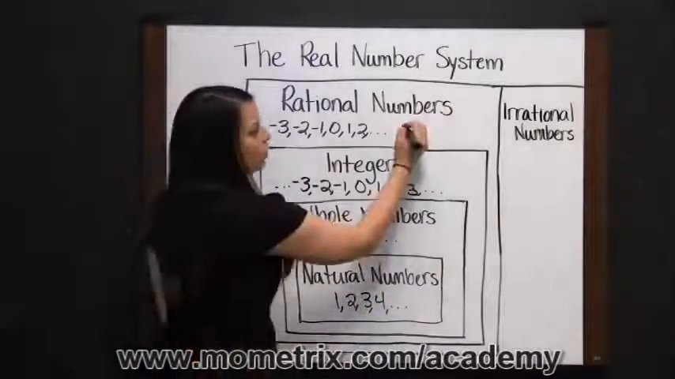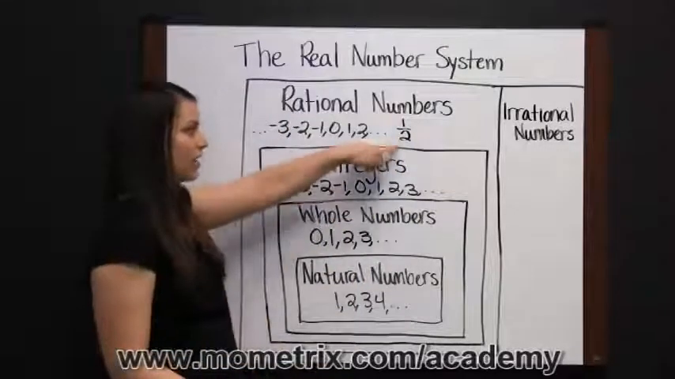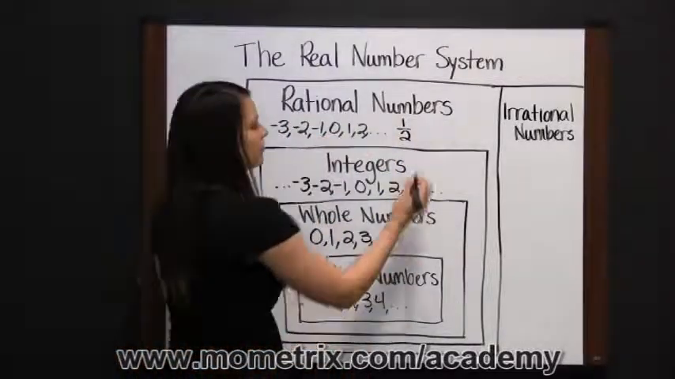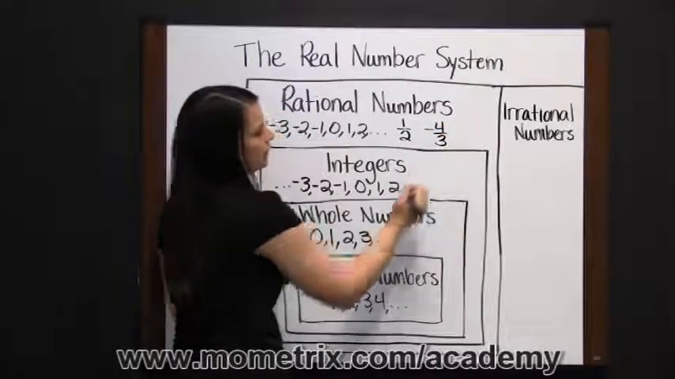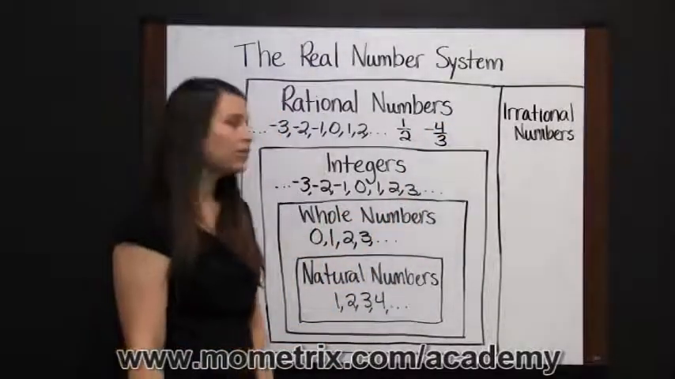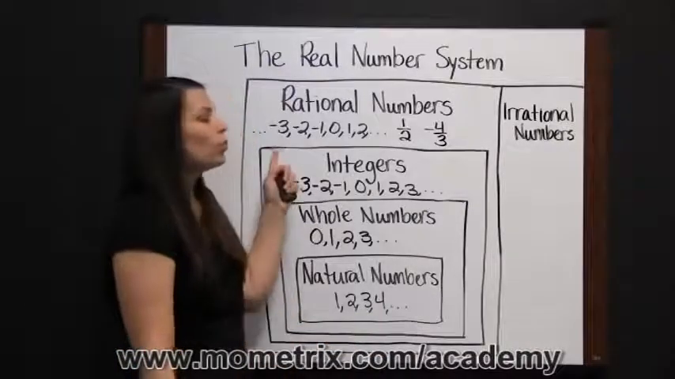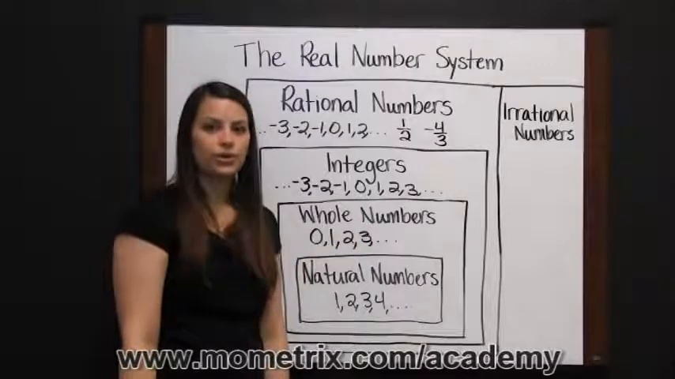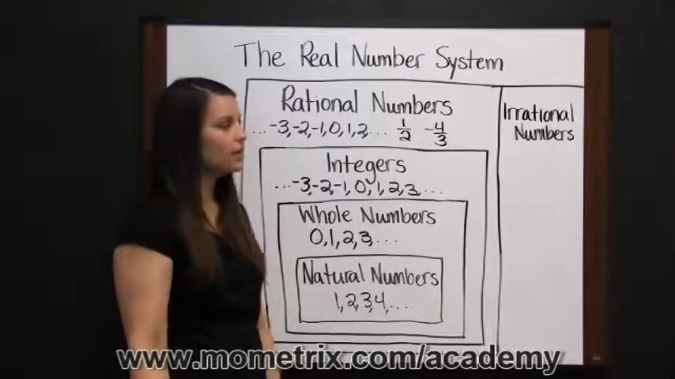For instance, 1/2 is a rational number. It's a fraction or a ratio. Also, -4/3. That is a rational number because it's a ratio. It's a fraction. Rational numbers also include repeating and terminating decimals, like